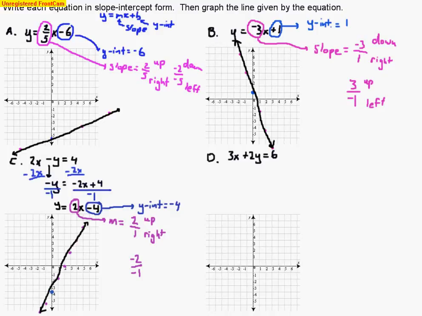Well, one more problem similar to the last one, in which we need to get the y by itself. So the first thing I'm going to do is eliminate or move that x from the left-hand side and move it to the right. So I'm going to subtract 3x from all sides. And when I do that, I've got y